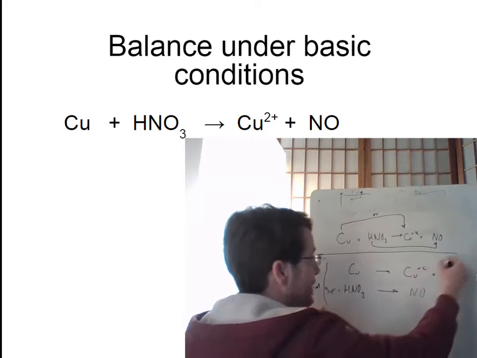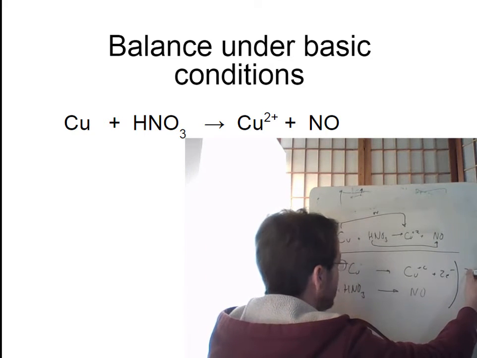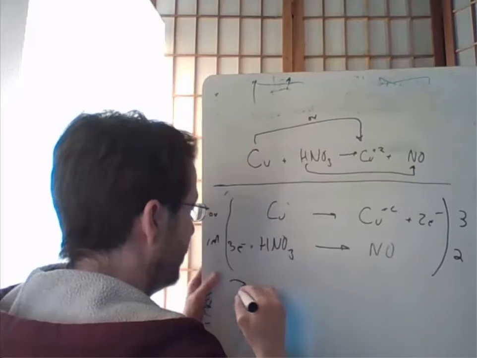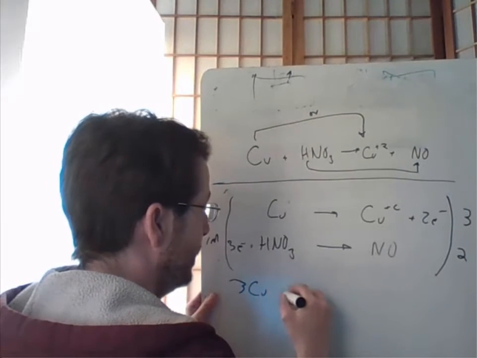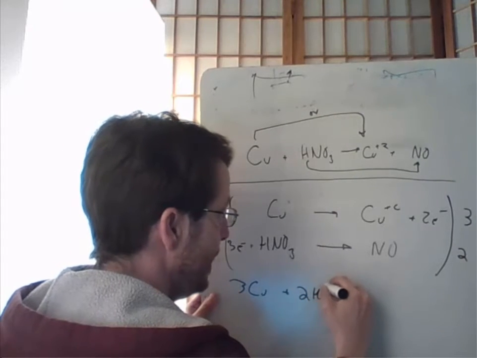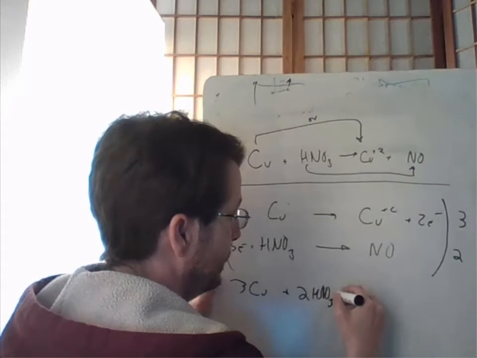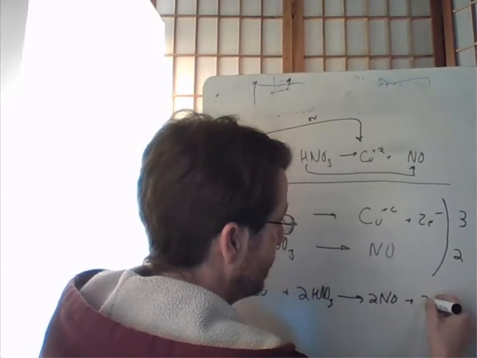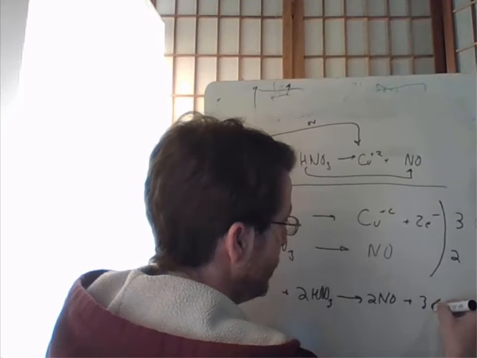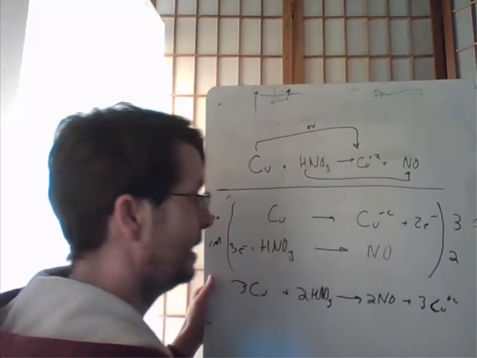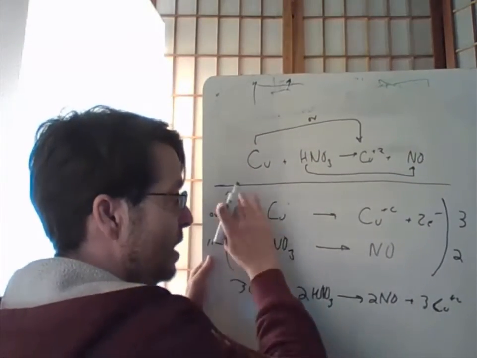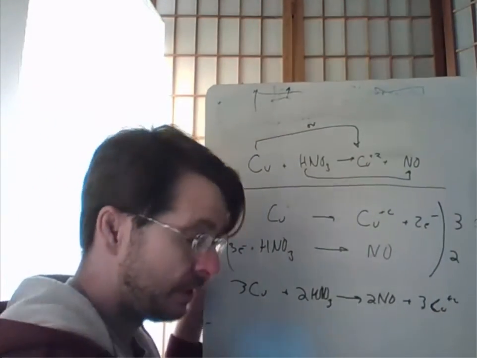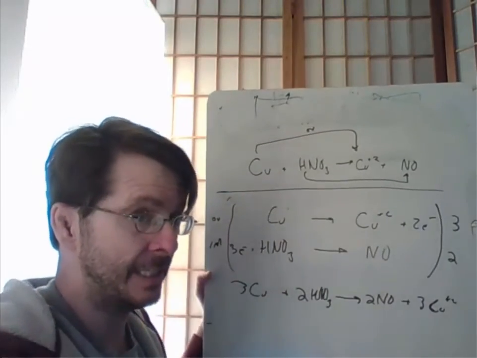We then find the least common denominator, so we multiply this one by 3, and we can multiply this one by 2, and so we get 3 coppers plus 2 HNO3s goes to 2 NOs plus 3 Cu plus 2s. And I'm dropping out the electrons, 6 electrons and 6 electrons. All right, so that's balanced with respect to the elements, that's balanced with respect to the electrons, and now we